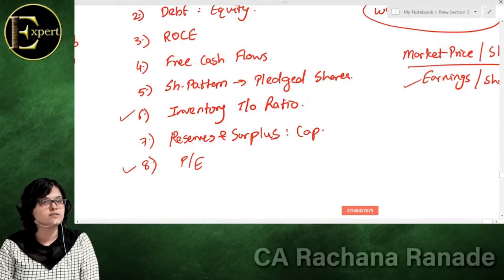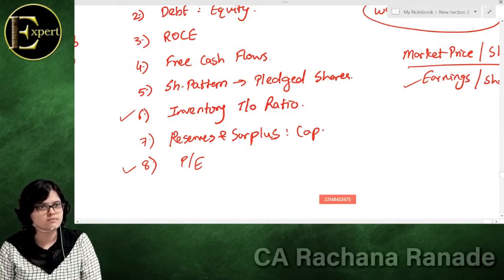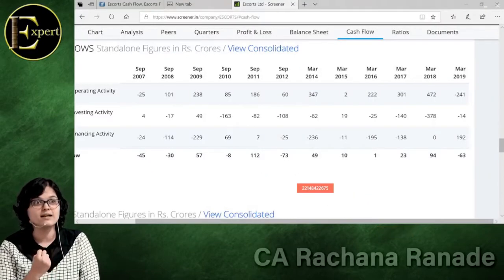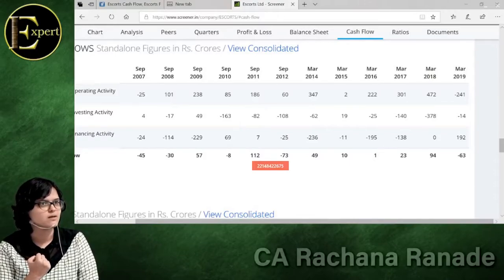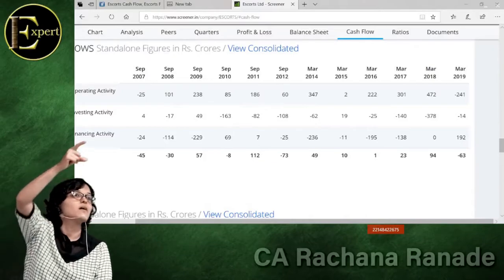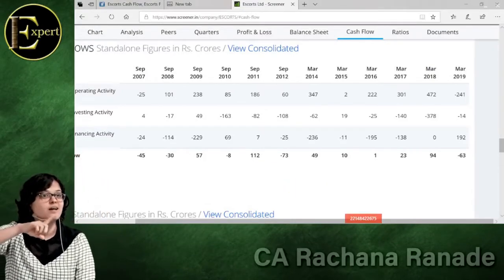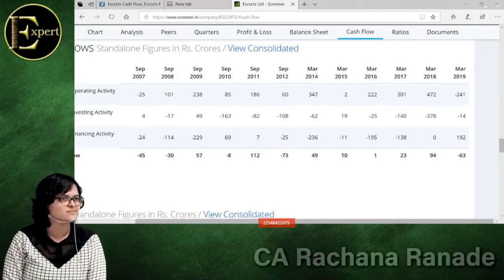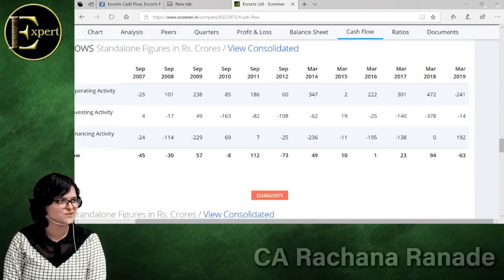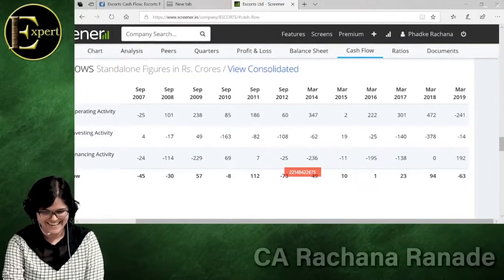Stock will not come under fixed assets. No. That is like a current asset. Why is inventory a current asset? Because I feel that within 1 year it will get converted into cash and cash equivalents. Yes, good. Right. So we talked about this.